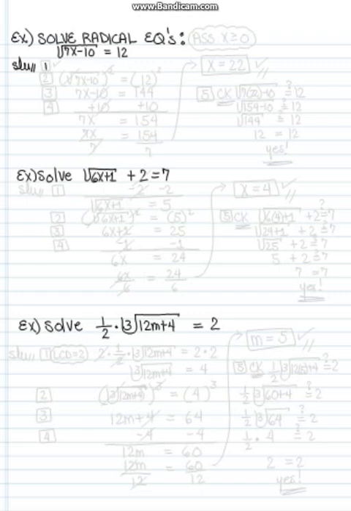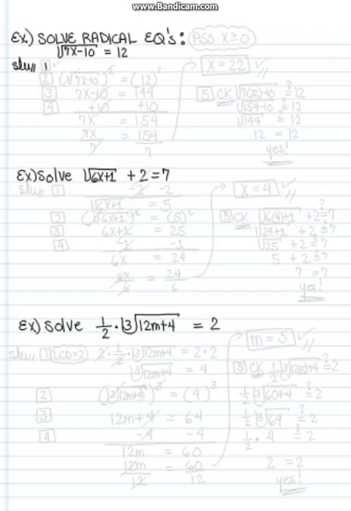Okay, the 4 steps we're going to use to solve these equations with radicals. Step 1, we're going to isolate the radical. Step 2, we're going to eliminate the radical by raising both sides to the power of the index. Step 3, we're going to get rid of the parentheses. And step 4, we're going to solve the equation, and then always look at step 5, checking to make sure your solutions are good. That's very important when you're solving radical equations, because sometimes your answer is bad because it